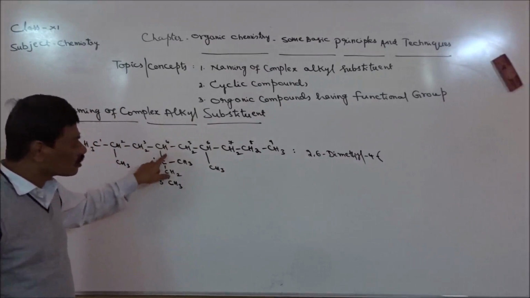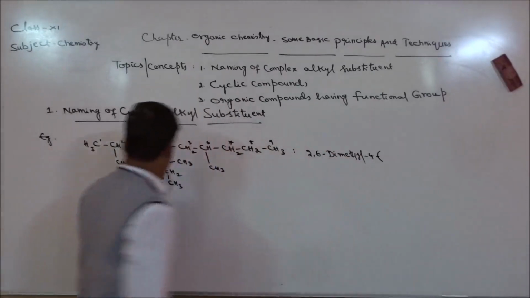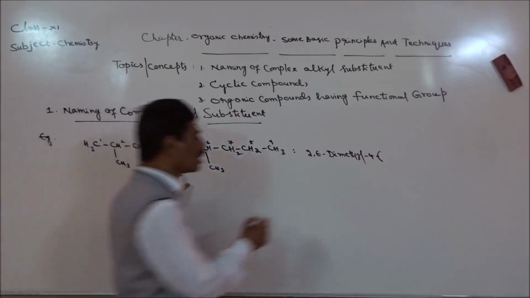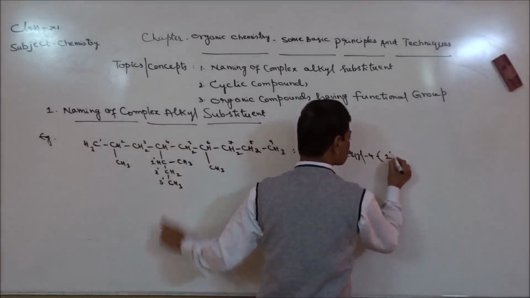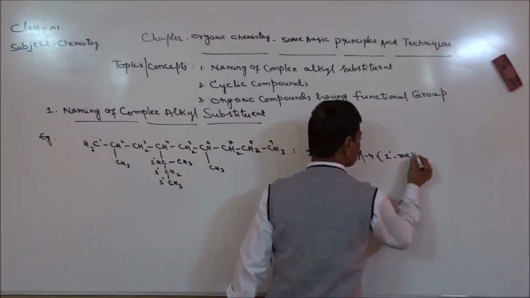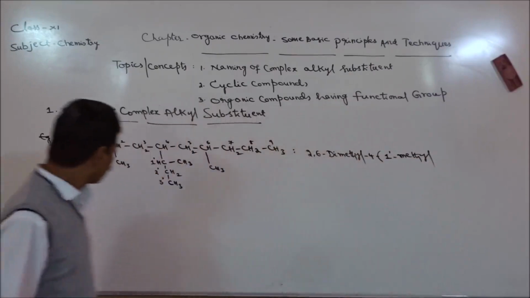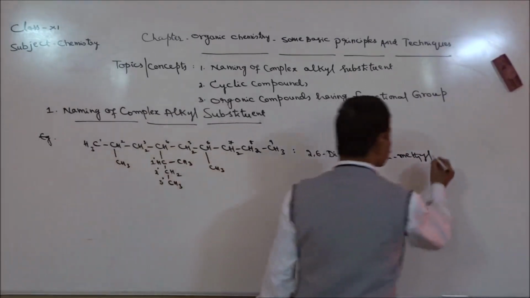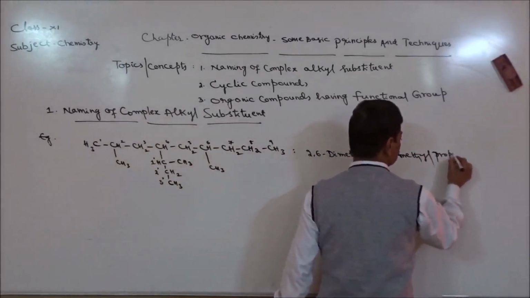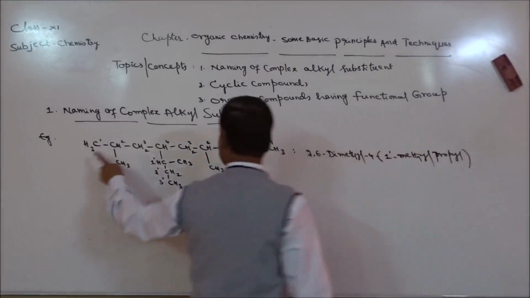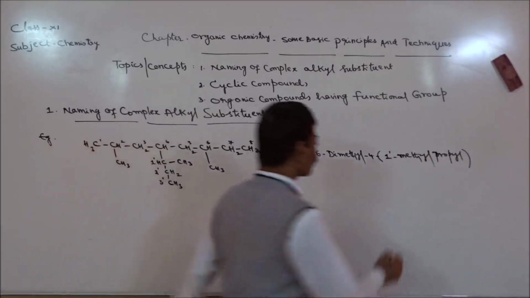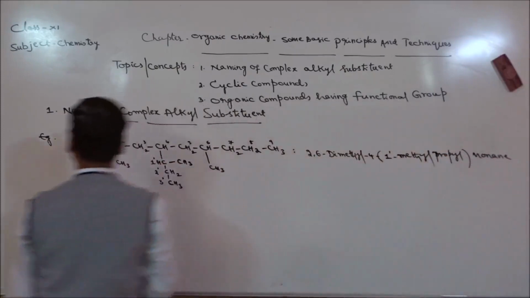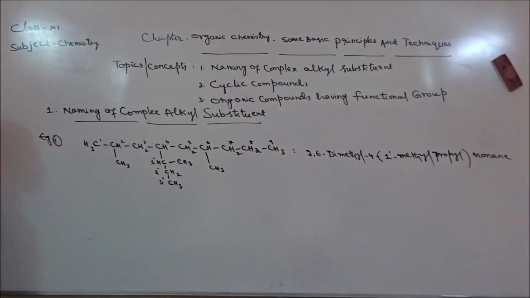This entire thing is connected to the fourth carbon atom, so 4 is written. Now, to the first carbon atom, that is 1-dash carbon atom, a methyl group is connected. So I will write 1-dash methyl. Next, this substituent has 1-dash, 2-dash, 3-dash, meaning 3 carbon atoms. So, propyl. The long chain has 9 carbon atoms. So, it is nonane. That's all. That is example 1.